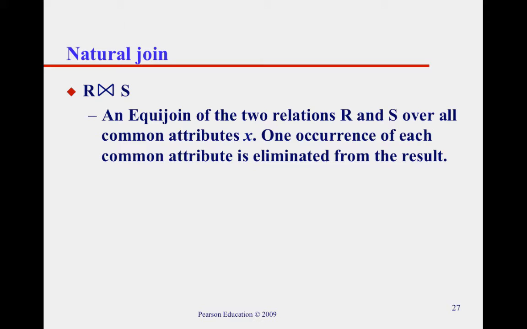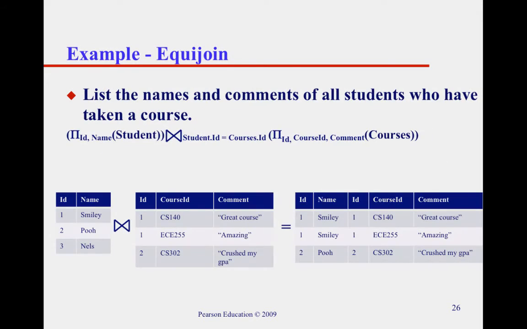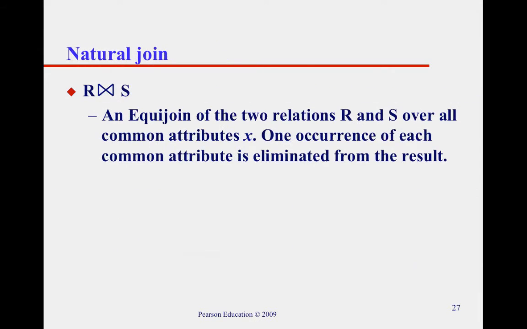And, unlike the equijoin, we eliminate one occurrence of the common attribute. So back here with the equijoin, you'll notice that the ID appears twice. The student ID appears twice in the join. Whereas here, it doesn't. It appears only once in the natural join. So that's one difference between an equijoin and a natural join as well, is the natural join eliminates one occurrence